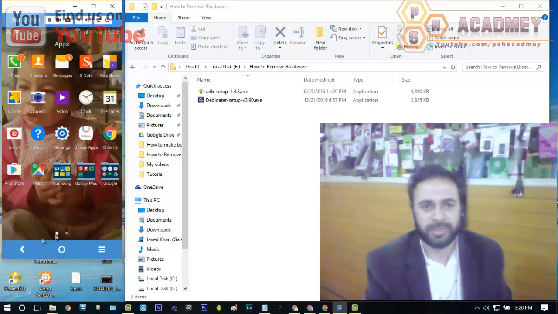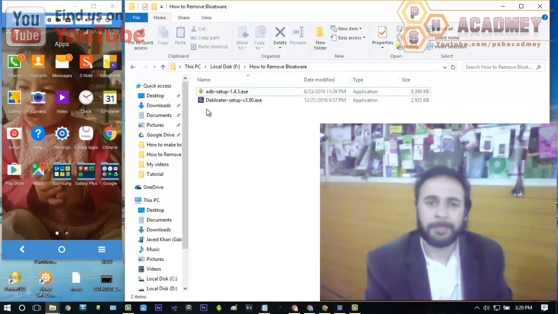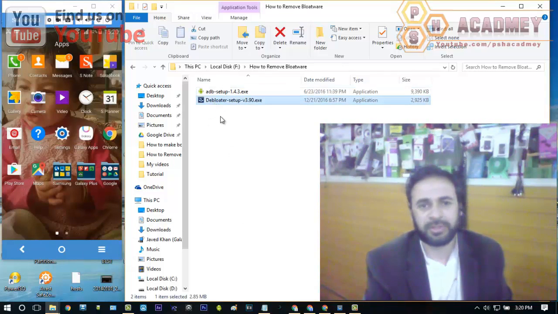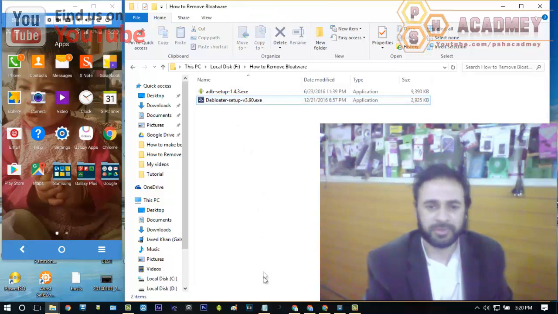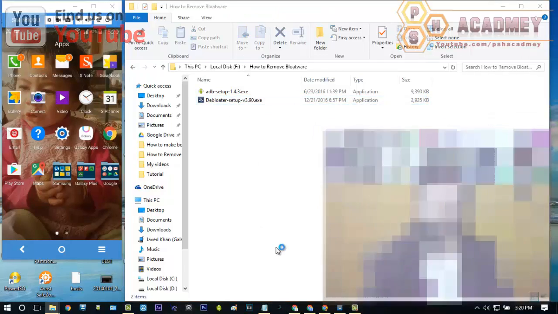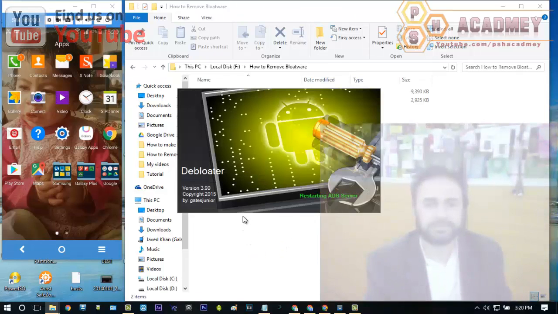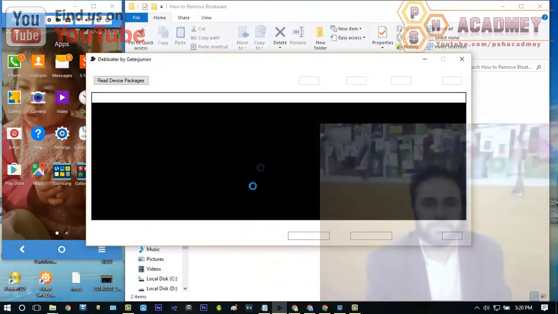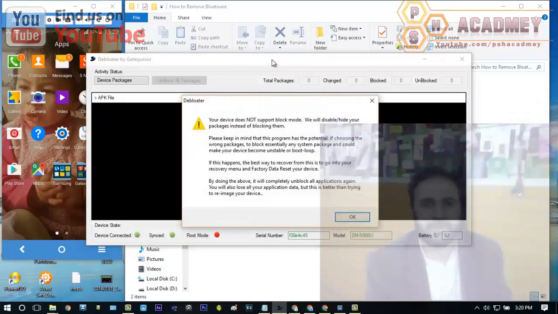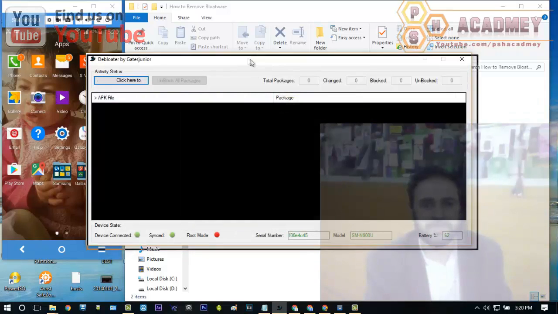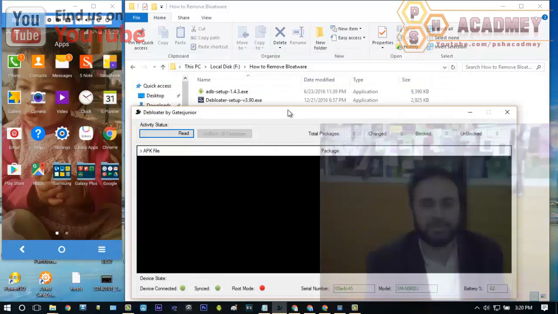Now I'm going to go back, and the fourth thing, you have to install the Debloater setup file. I have already installed this on my computer, so I'm going to open it. It will scan all the pre-installed APK files on my Android phone.